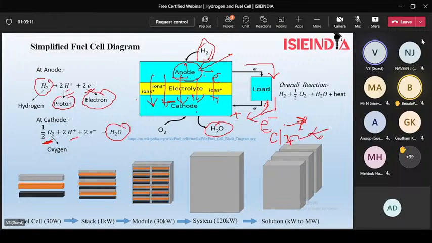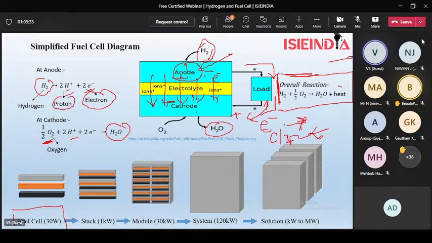So the overall reaction is here, which is H2 plus half O2 giving H2O as its output product, and heat. So during this reaction of H2 and O2, water and heat are the only outputs, we can say. So now we can see from here that a fuel cell